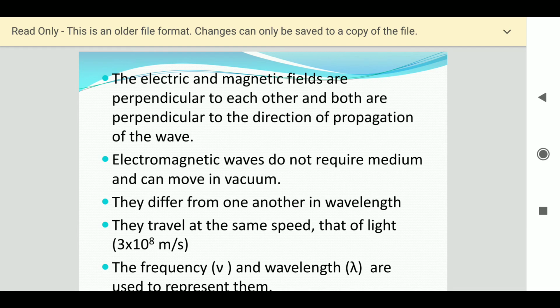और कुछ उन्होंने पॉइंट्स बताए थे, ये इंपॉर्टेंट पॉइंट्स हैं that the electric and magnetic fields are perpendicular to each other and both are perpendicular to the direction of propagation of the wave. ओके ये दोनों एक दूसरे के परपेंडिकुलर होते हैं, प्लस ये दोनों ही परपेंडिकुलर होते हैं डायरेक्शन ऑफ प्रोपोगेशन के। इलेक्ट्रोमैग्नेटिक वेव्स डू नॉट रिक्वायर एनी मीडियम, कैन मूव इन वैक्यूम, इनके लिए किसी मीडियम की जरूरत नहीं होती, अगर एम्प्टी वैक्यूम ट्यूब भी है तो उसमें भी इलेक्ट्रोमैग्नेटिक रेडिएशन मूव करते हैं।